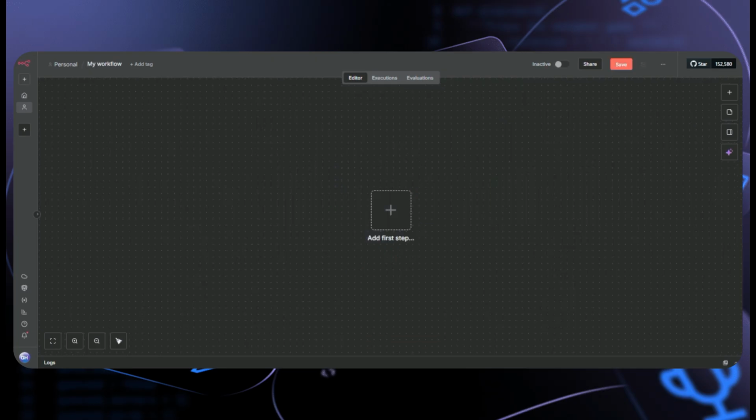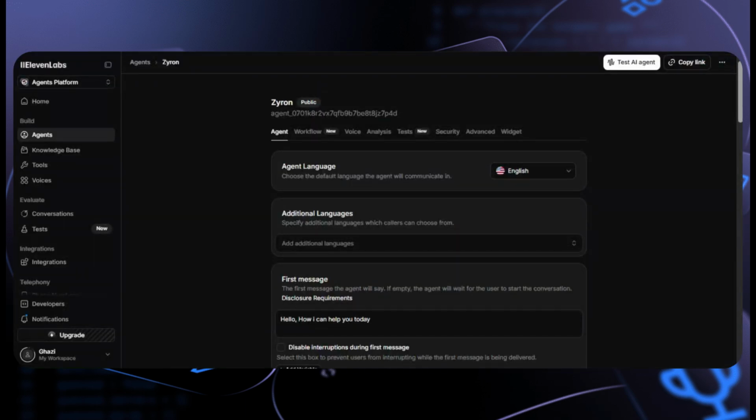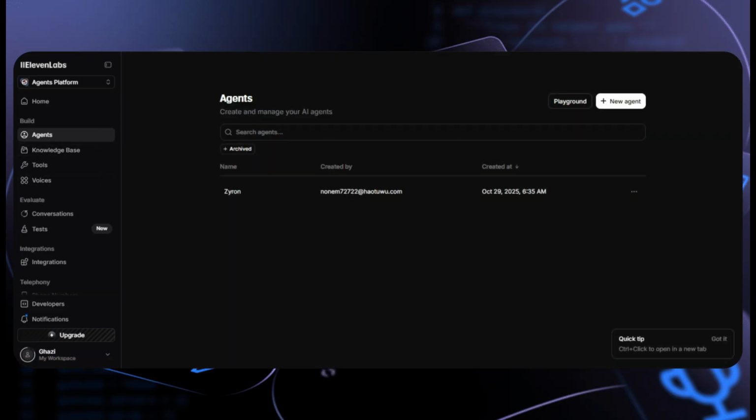So first there is the workflow, but we do not create the n8n backend first. We have to create our voice agent first. I am using ElevenLabs, but you can use any other platform. Just go to Google, search ElevenLabs, go there, and switch from the creative platform to the agents platform, because here you can build an AI agent. Just go to agents and click on new.